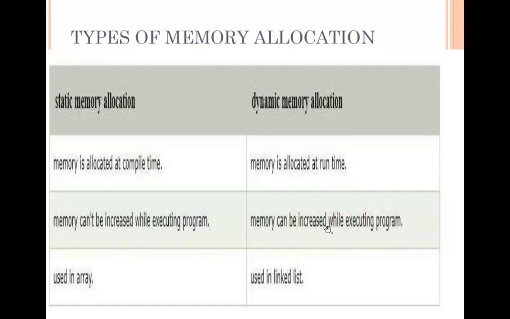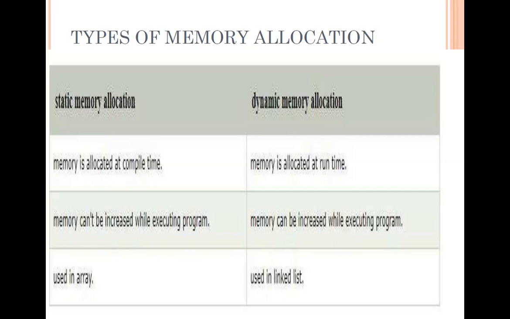When you use dynamic memory allocation, you have the flexibility to increase memory during the execution of your program. So if you get past the 500th employee, for the 501st employee, dynamic memory allocation will automatically increase your memory. That is done by dynamic memory allocation. You are going to use this in arrays and in linked lists. Linked lists are something you are going to learn in data structures in the next years.